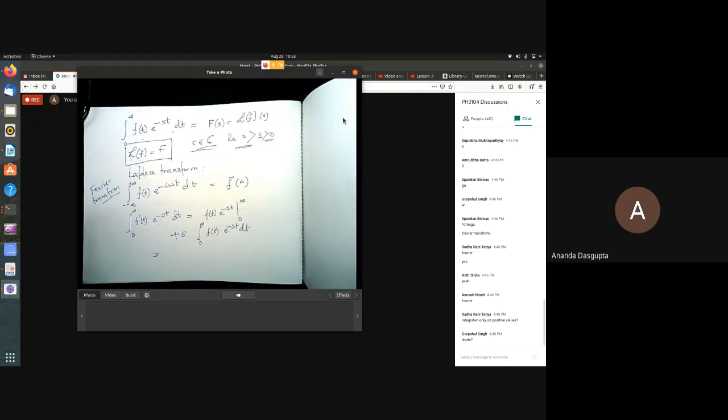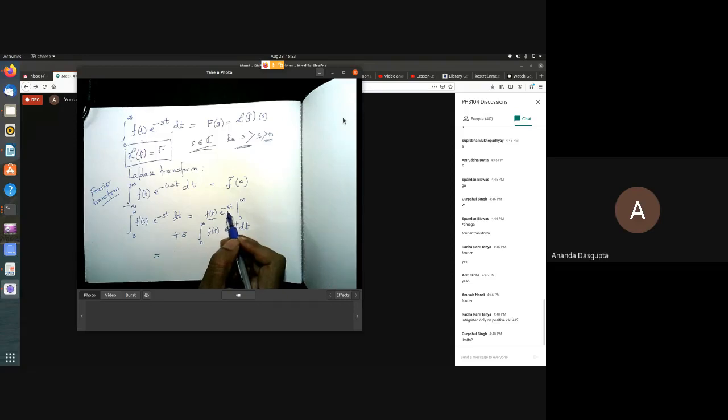So can you see what has happened? The first term is what? I'm assuming my function f of t is nice and decent, does not blow up too badly at infinity. And remember, it's e to the minus st, where s has a positive real part, which means there's a decaying exponential here. So at infinity, this will just go to 0, because whatever f of t is, e to the minus st just goes to 0 faster. Okay? So what happens at the lower limit is simply minus f of 0